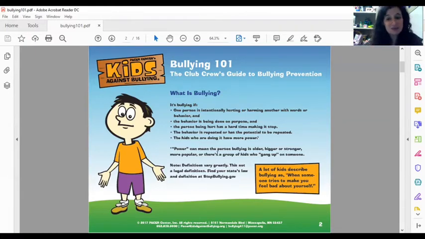The last one, which is probably the hardest for me to explain, is that the fourth thing that needs to be there is that the other kid needs to have some kind of power over you. So what does that mean? That's why I like this PowerPoint, because it says power can mean anything, but they have to have some kind of advantage over you. So let's say Miss Burns is tripping people in the hallway on purpose. What kind of power do I have over you as a student?